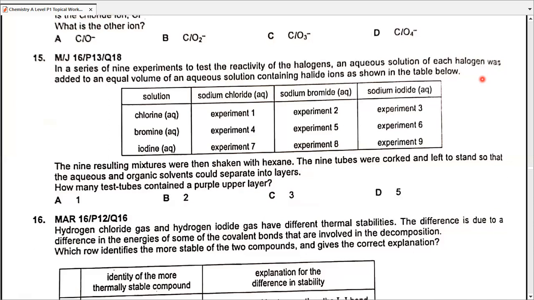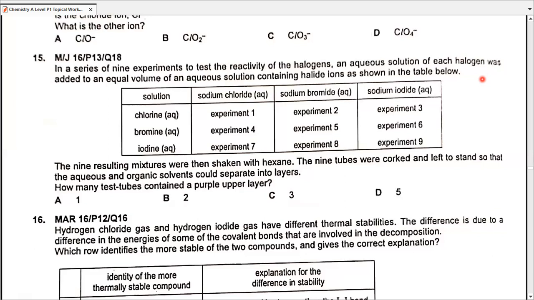So which 5 experiments out of these 9, which 5 are going to have a purple layer on top? 3 and 6. Okay, what else? There are 5, so there must be 3 more. Red layer. 3, 5. No, it can't be experiment 5. No, not experiment 5. 3 and 6, sorry. 3 and 6. Okay, what else? 3 and